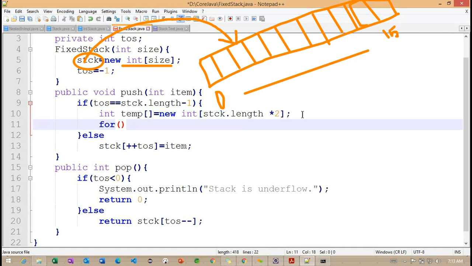So could you please let me know any way to copy the objects here? Any idea? I want to copy the existing object into this temp. Could you please think and let me know any way we can copy the objects into this temp?